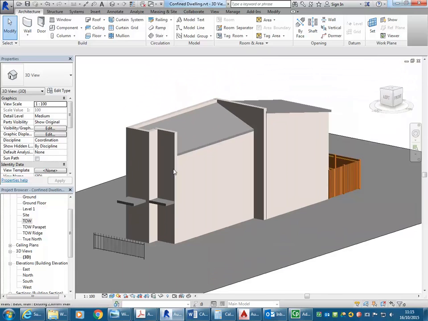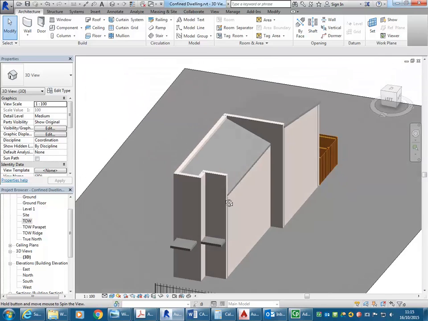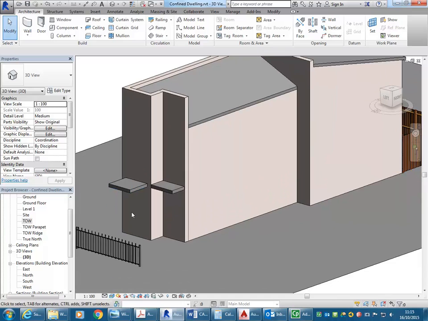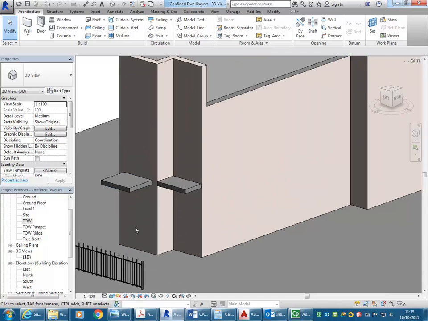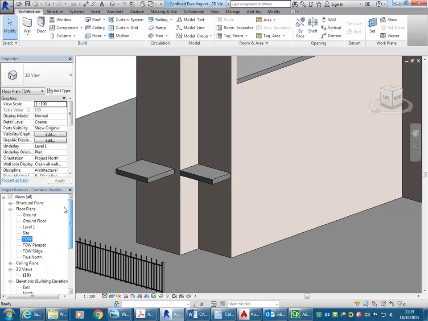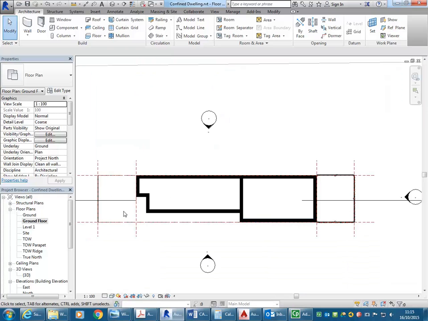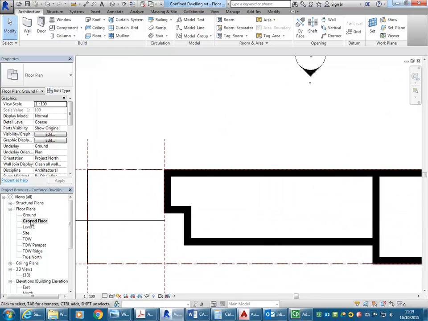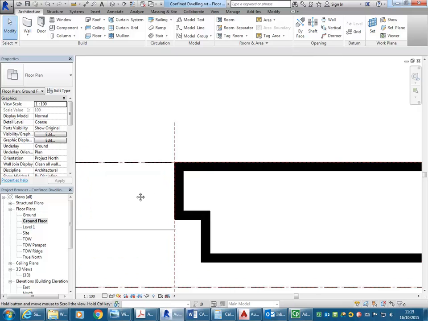Okay, so now that we've got the whole shell enclosed, I'm just going to put some of the doors in on the front facade to give a better idea of the entry, and the stairs then will have something that we can relate them to. And so the stairs really is the next major thing I want to do, but I want to get those doors in first. So I'm going to start on the ground floor plan, or the ground floor in floor plans,